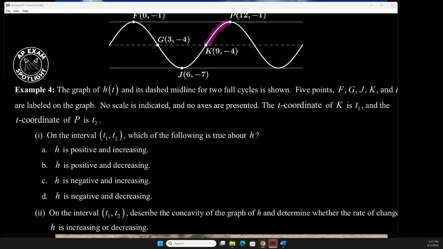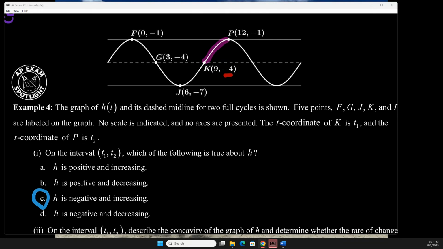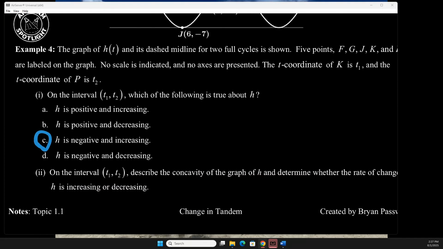What do y'all think? Yes, C. Negative, because those values of y are negative in between there. And increasing because we're rising. Okay. So here we go. Sorry you don't have a ton of room. But we're going to say the graph of h